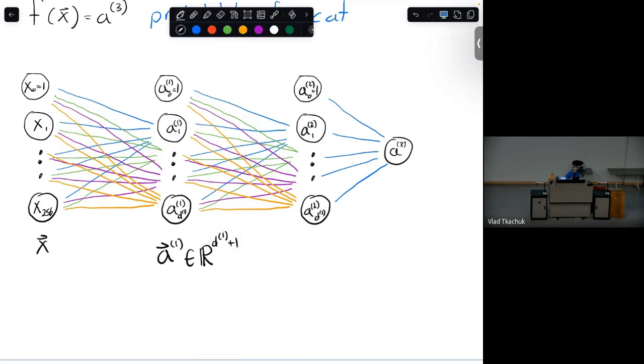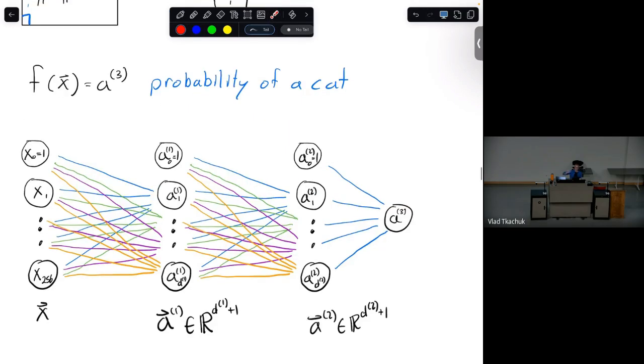And then similar for this here. You'd have this A2 vector, and this would be an element of R to the d2, which is the dimension of the second layer, plus 1. So now, how can you interpret the inside of this network? Well, it takes in this picture, and then let's look at just this neuron. This neuron is looking at every other neuron from before, right? All of these. So it'd have like 257 connections, right, from all the neurons from before.